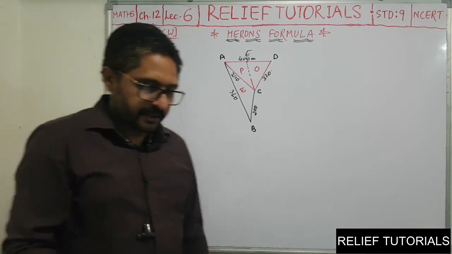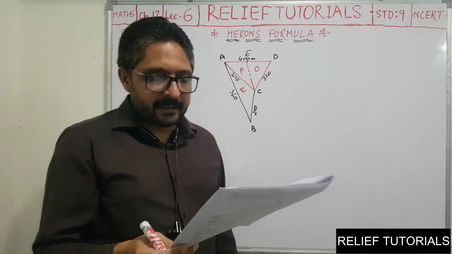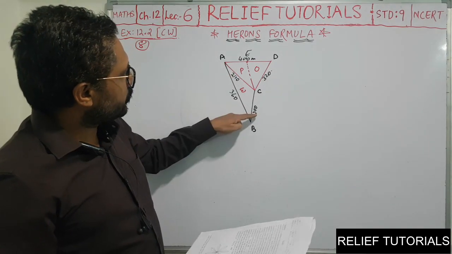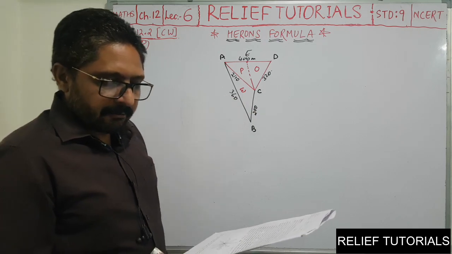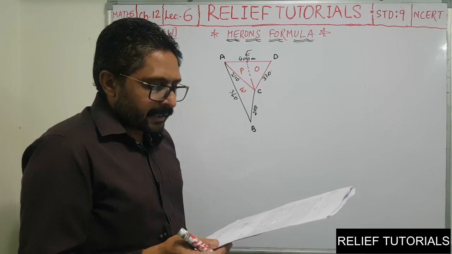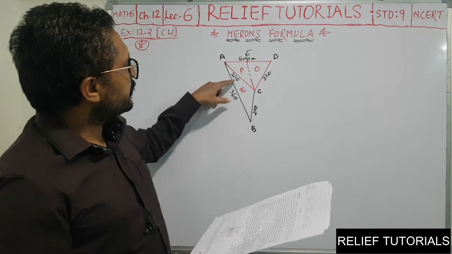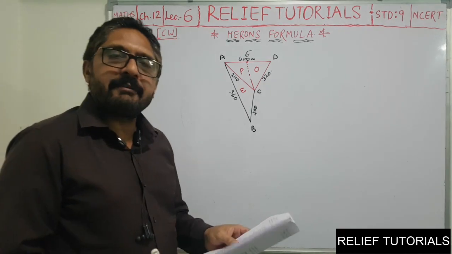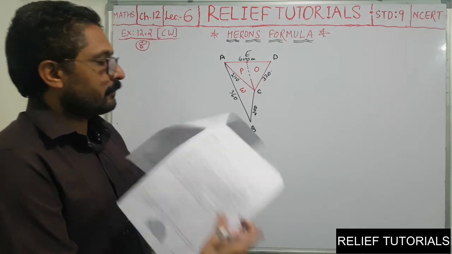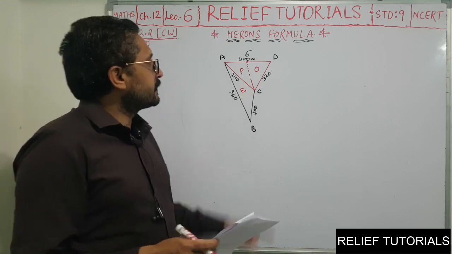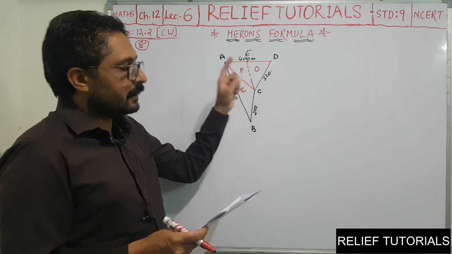Here we will read the question. Kamala has a triangular field with sides 240, 200 and 360 meters, where she grows wheat. In another triangular field with sides 240, 320 and 400 meters, adjacent to the previous field, she wanted to grow potato and onion. See, here she is growing potato, here onion.